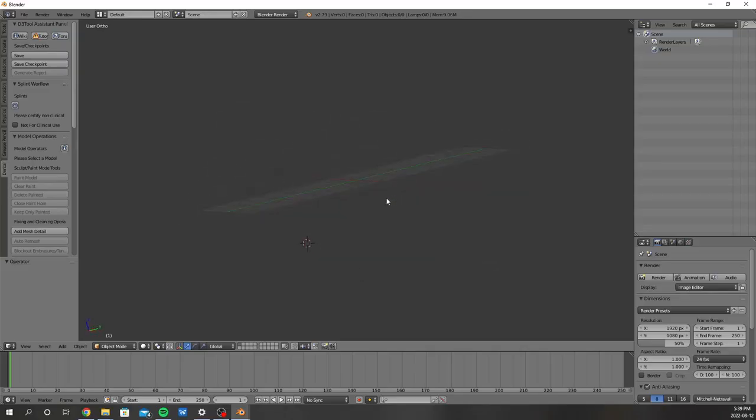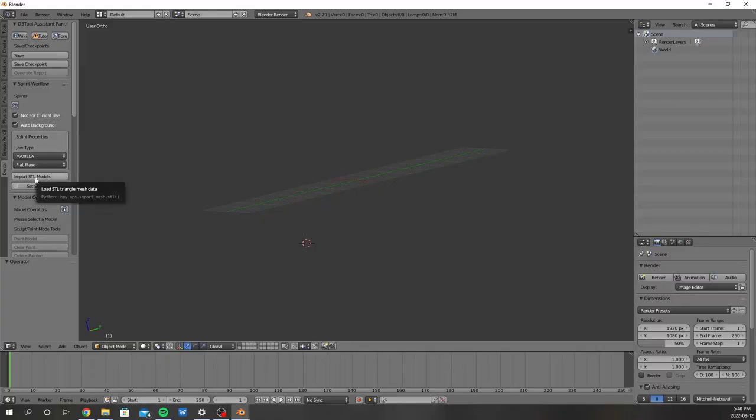So to get going, you're going to come over here to this side, and pretty much every single splint you're going to do almost identically. First thing you're going to do is hit not for clinical use. Then you're going to click auto background. You're going to pick what jaw and what type of splint we're going to make. So if it's for me, Adam, 98% of the time you're going to do it for the maxilla, and it's most of the time going to be a flat plane. So once you have that set, then you hit import